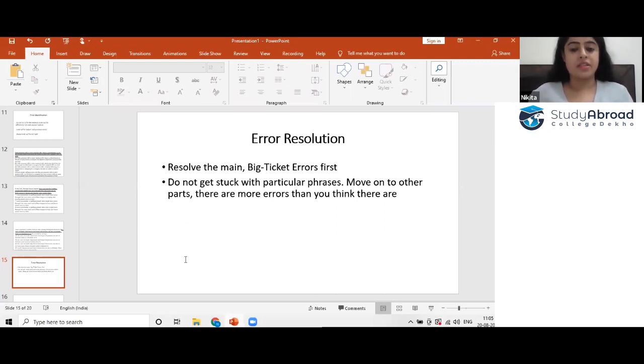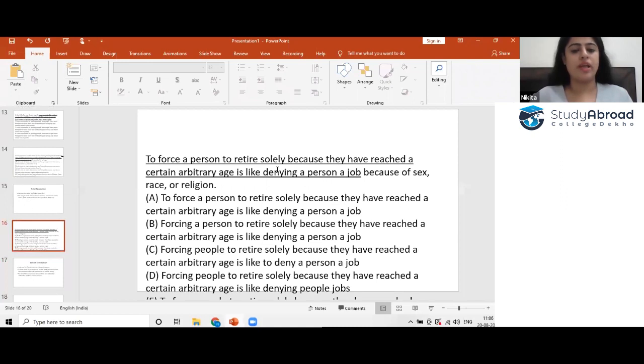There are many errors. Even if you are not able to go through with one, you must be aware that there are many other errors existing as well. So you should not get stuck at one point. If you are not feeling okay with that, and you're not feeling confident at that point, move on. Start looking for the other errors, and start looking for the big ticket errors first. That means try to take a bigger picture. It's not about focusing on the tiniest details all the time, but having a look at the bigger picture also helps a lot.